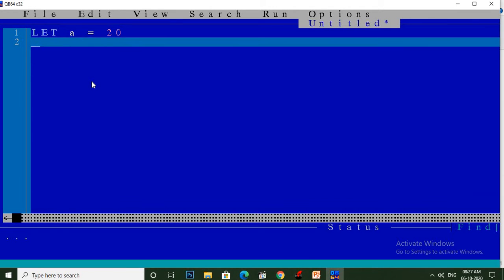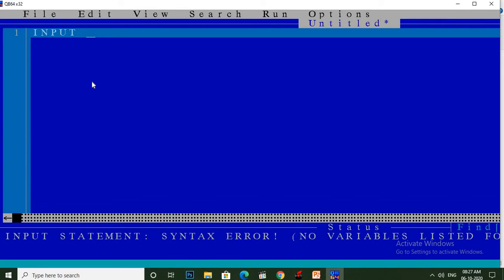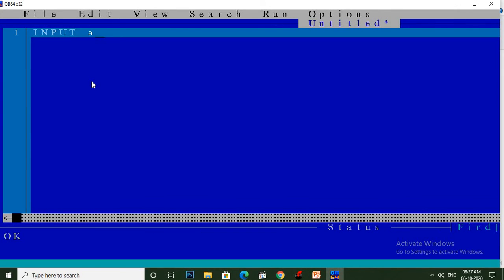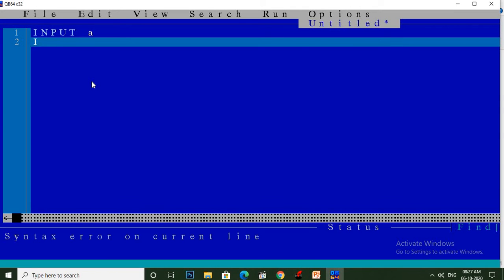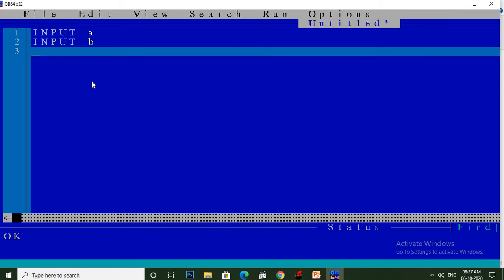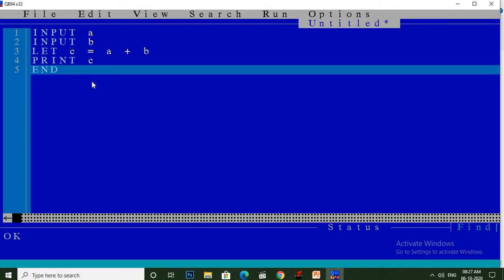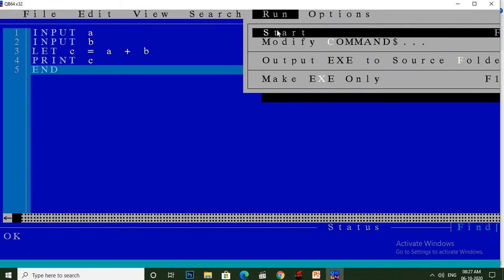I clear this text and take input A. Again I am taking one variable, INPUT B, and LET c equal to a plus b, and print c, and END for ending a program. Now run.